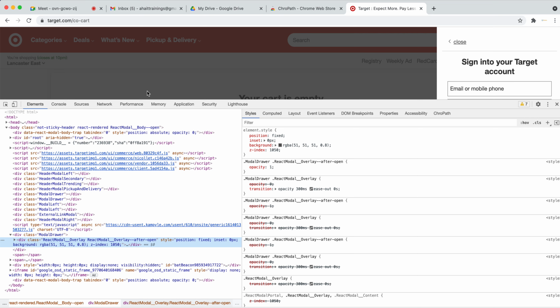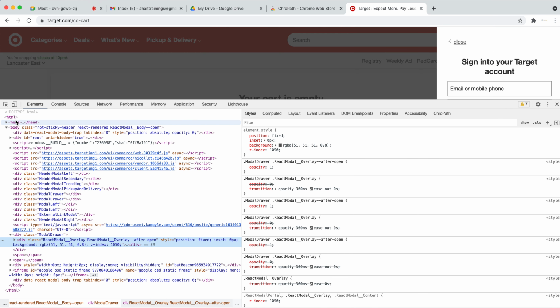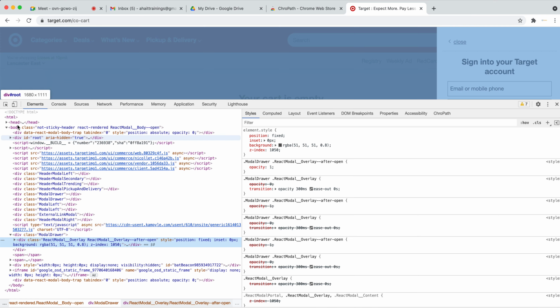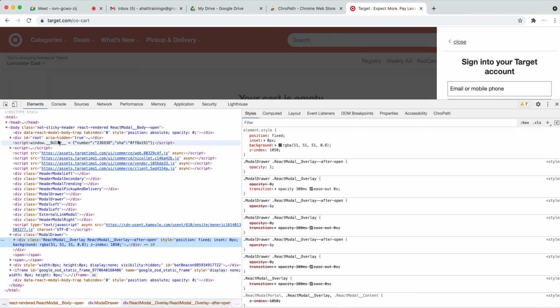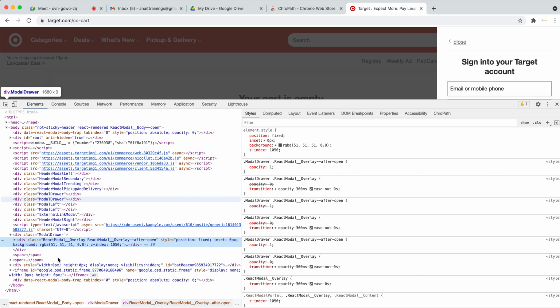Browser should know only HTML. So when you go to any website in the world, do the right click, inspect, you will see the HTML code. See, it starts with HTML. That means that is HTML code. Browser knows only HTML. So in the browser, when the page is loaded, when you look at the source code, you will see all the elements. There is a head tag, there's HTML tag, there's a body tag, there's a script. If you go inside, there are a lot of spans, a lot of divs and iframes.